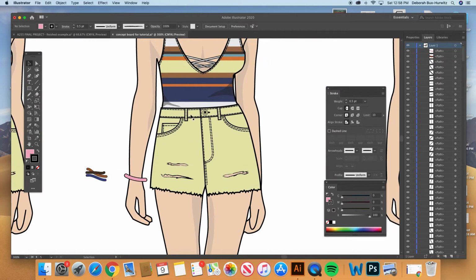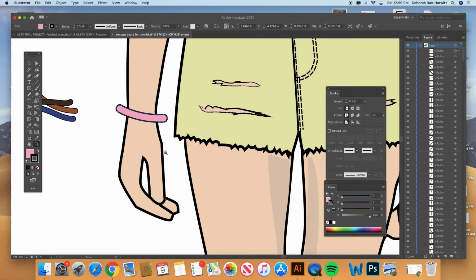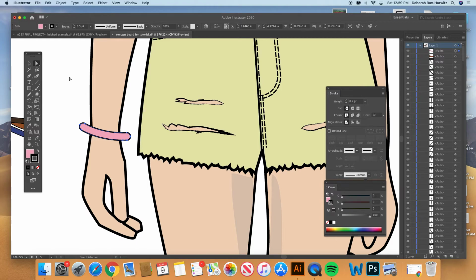So, and I will show you that if you wanted metal jewelry, this is really important. Anybody that wants to do any kind of metal jewelry or any metal details in their buttons or in their shoes, make sure it's its own shape, whatever metal detail you want to show. If it's not the whole entire shape that you want to fill with metal, then you'll have to draw a separate little shape. Like if it's a little medallion that features in the middle of the bracelet, you would draw a separate shape just to fill with the metal detail